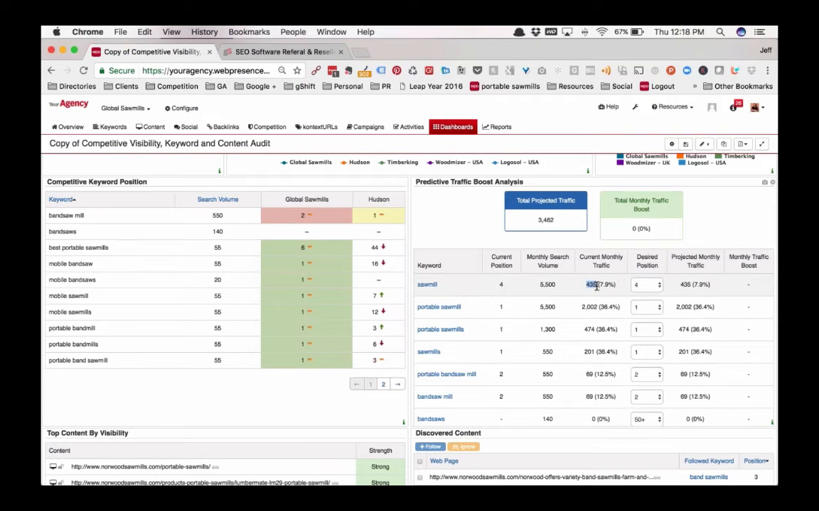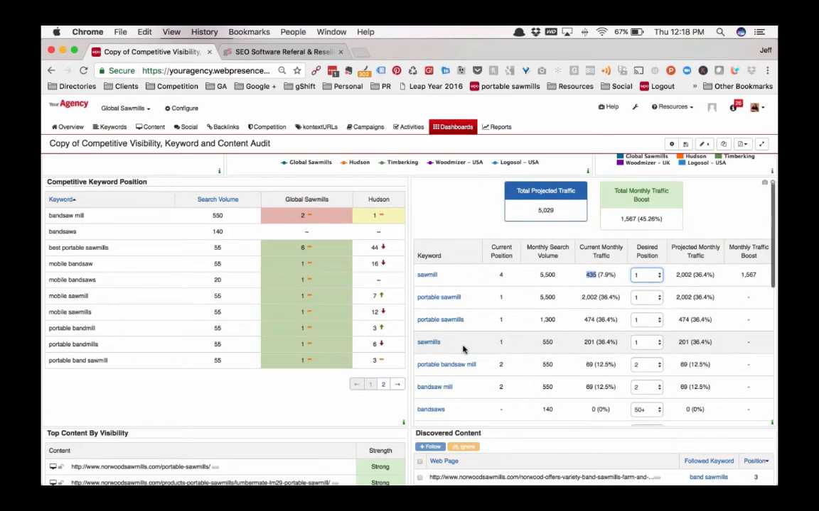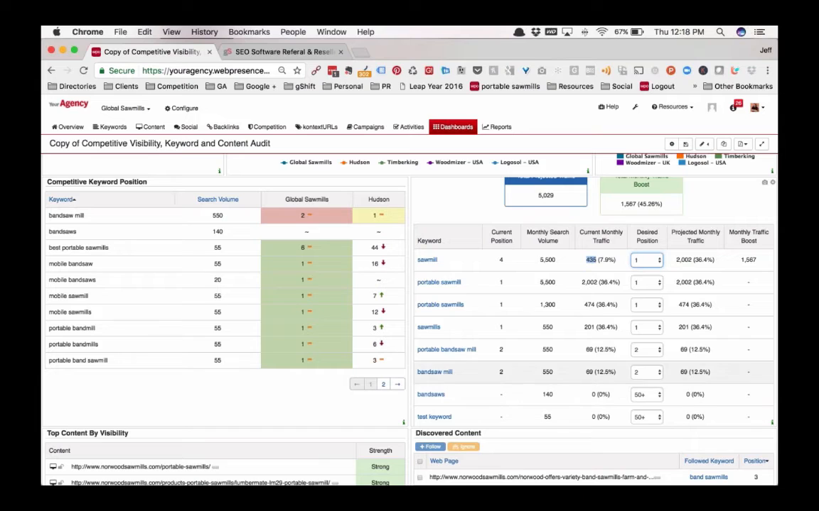This provides us with a sense of how much organic traffic we should be driving based on our currently being in number 4. But then also looking to identify what would happen if we were able to improve our position. If we were able to go from number 4 to number 1 position, what resulting traffic boost would we see from that? And we can go down through our group of keywords